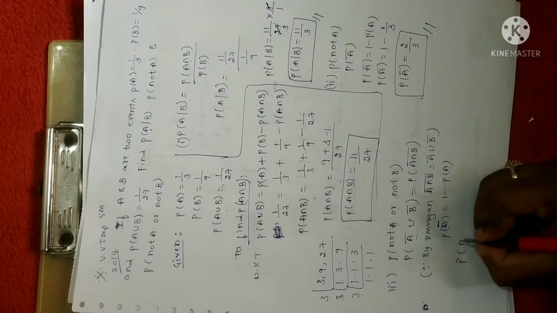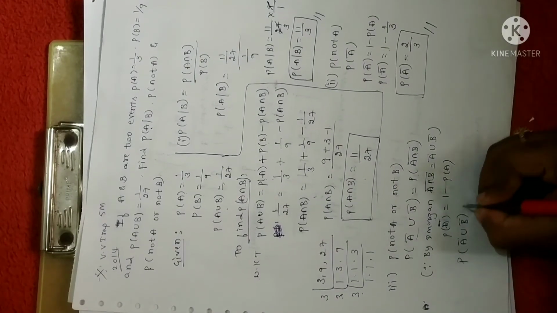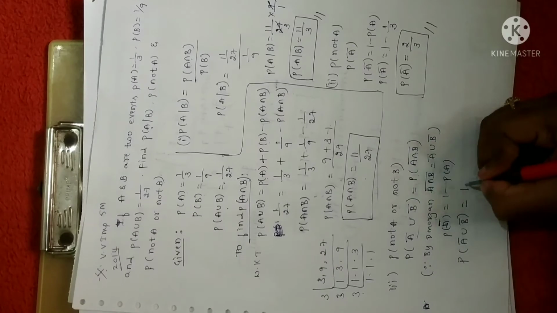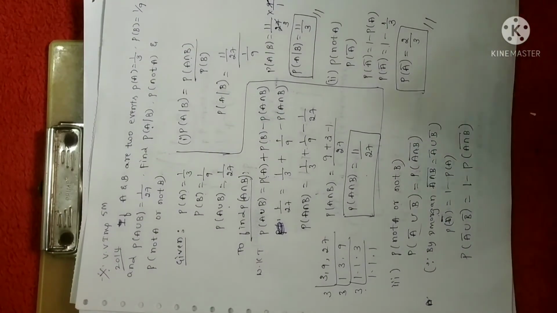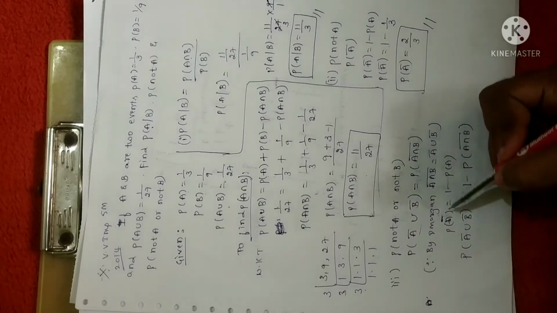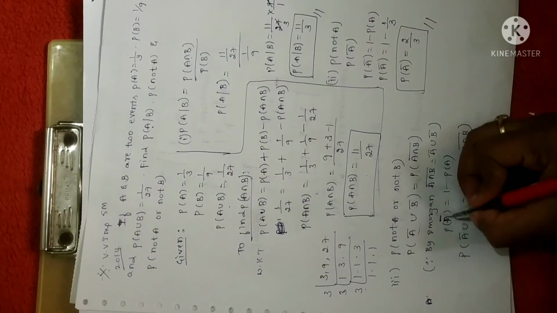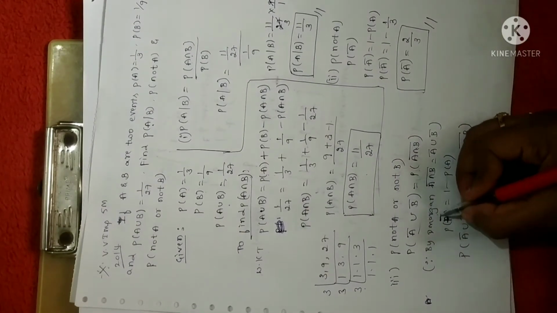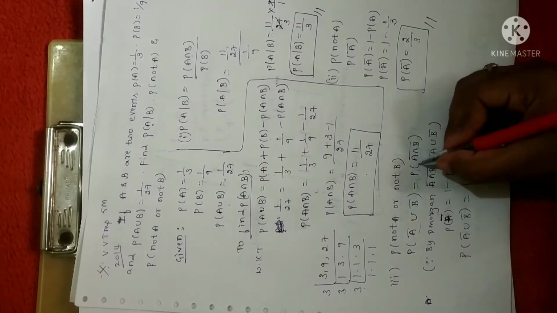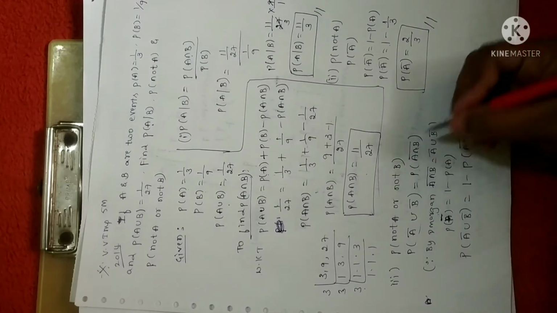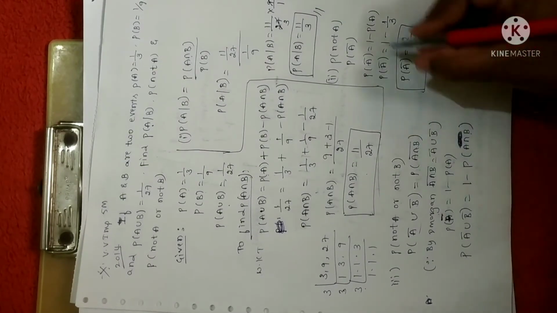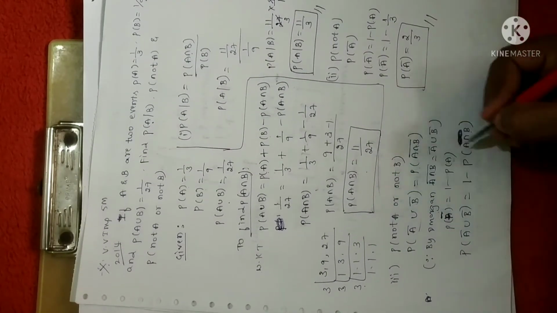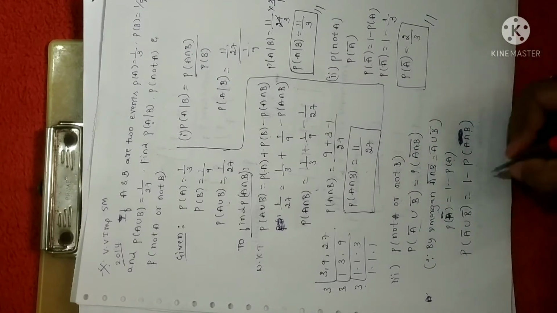Therefore I can write P of A bar union B bar is equal to 1 minus P of A intersection B whole bar. I'll repeat once again. See here, this is the relation between an event and its complement. So we can write P of A bar as 1 minus P of A. So in place of A what we have is A intersection B. So I have written this as A intersection B. Right. So anyhow I have complement here, so I should not write complement in this place.